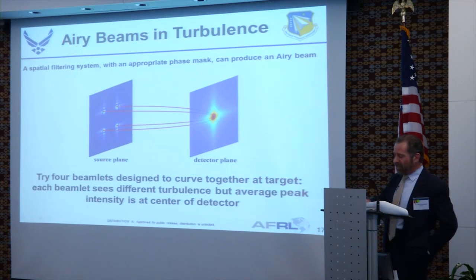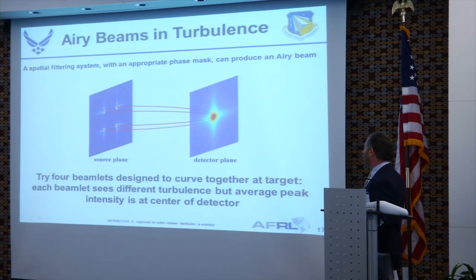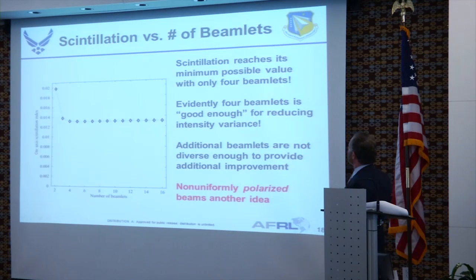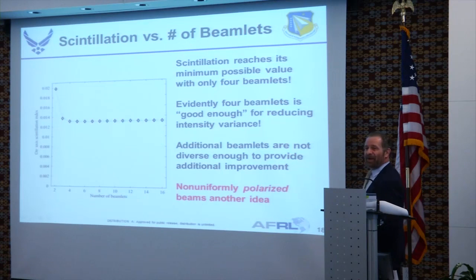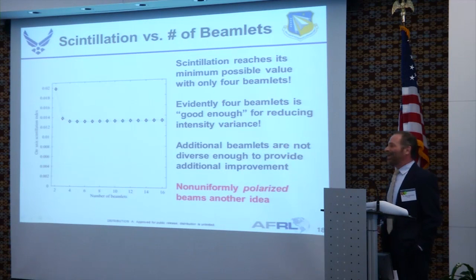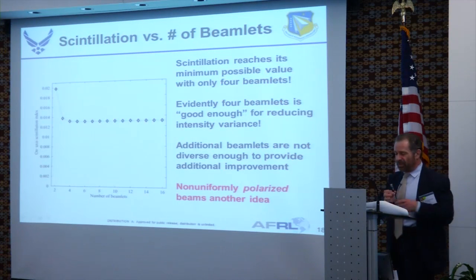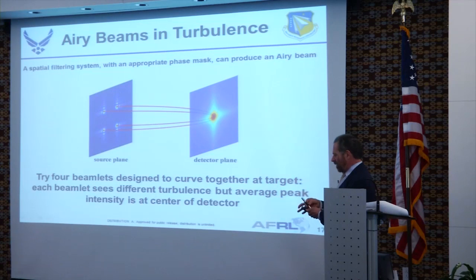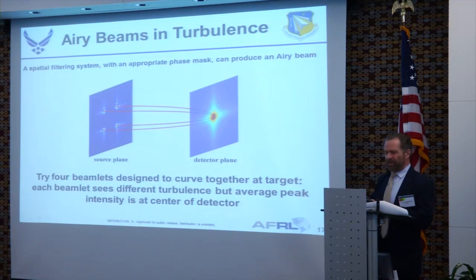And what's really interesting about this idea that Greg Gabor did is that he discovered that the four beams in the picture I showed are better than you think. Four beams is enough. You don't get much better with hundreds of them. You get all the scintillation minimum that you could possibly want with four beams. And by the way, the circle that those four are sitting on is less than a foot across, about 10 inches. So these things can be easily done.